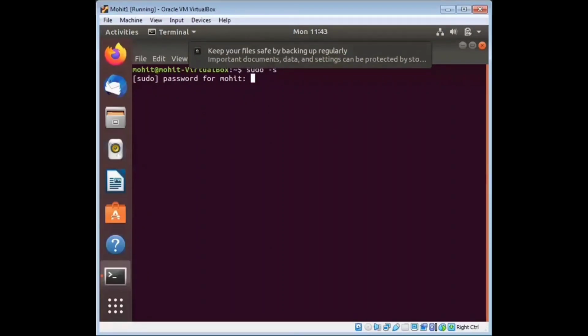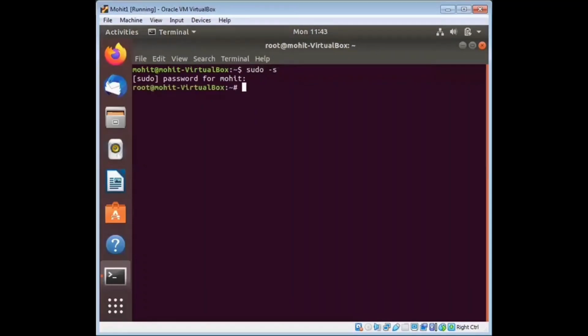Now type the password and enter. See, the dollar sign indicates you're a normal user. Now, when you type sudo -s, it switches to the hash user, meaning root user. Today in this lecture, we will discuss the top 15 or top 20 commands.